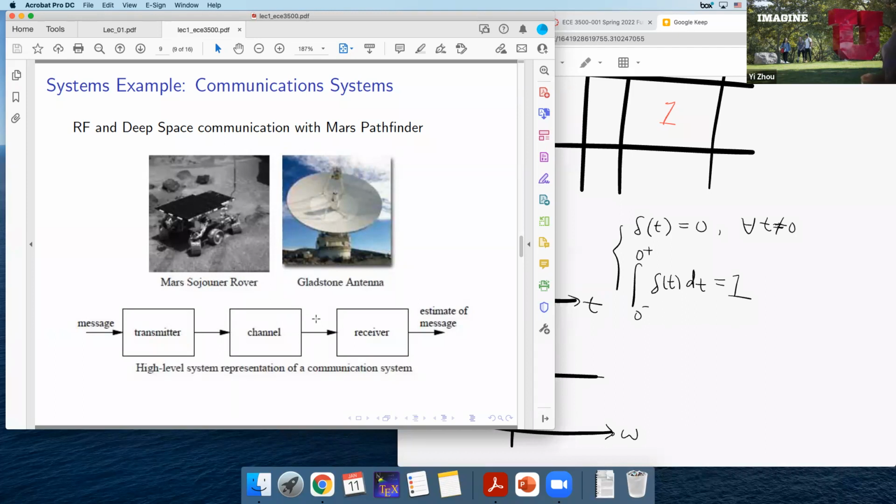Then going through the universe. Finally, it arrives at Mars, going through the atmosphere of Mars, and finally arrives at this robot side. So everything between them is regarded as the channel. And this channel can be highly dynamic depending on the atmospheric conditions. Some days it's sunny, some days it's cloudy, rainy, different weathers, the channel will be totally different.